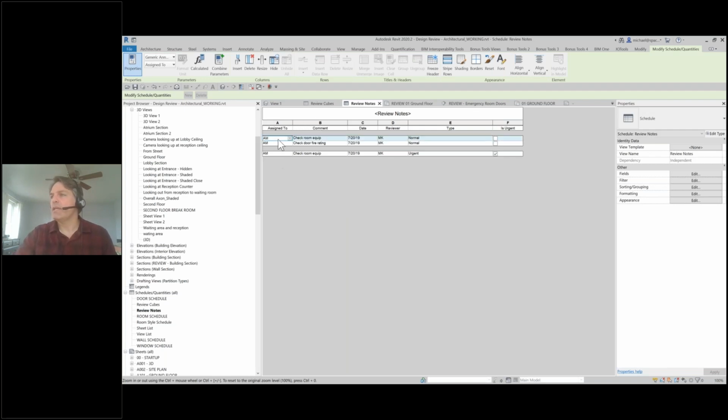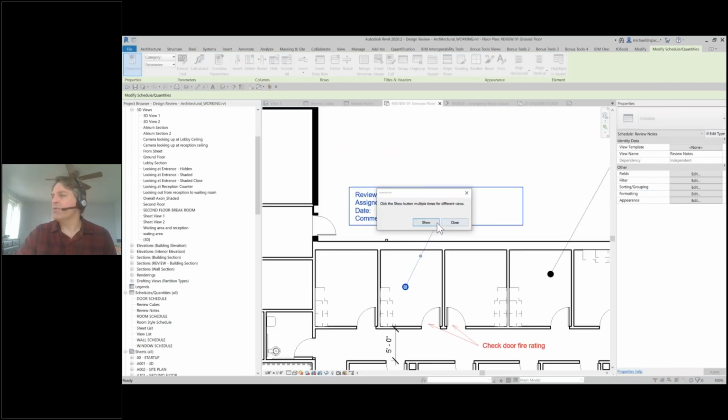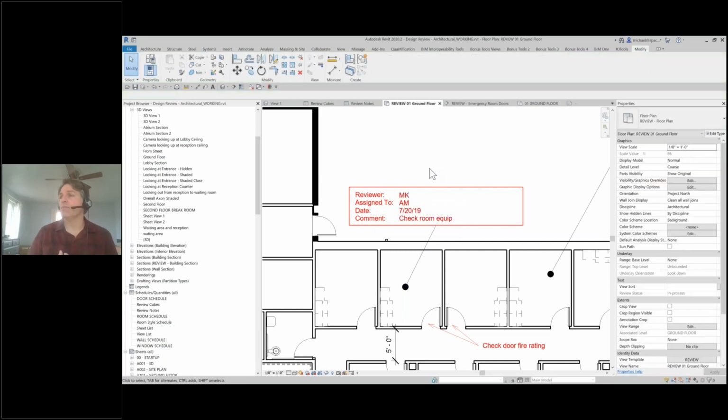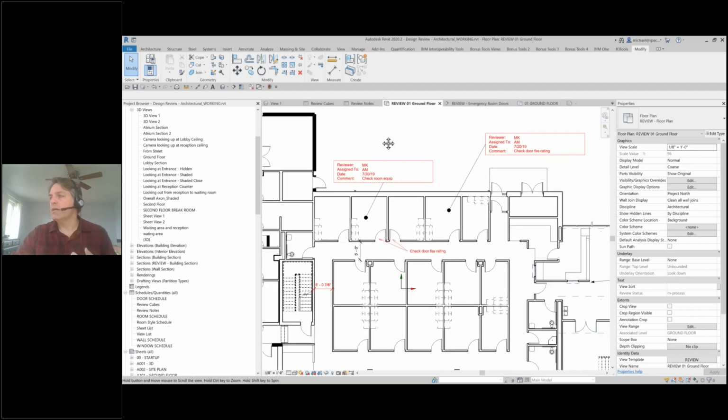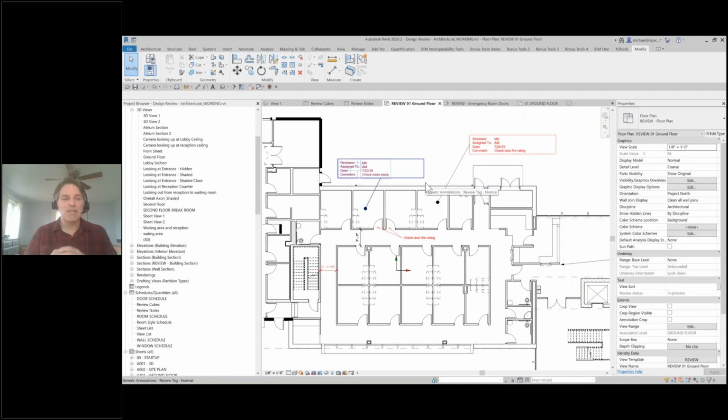Plus, I can also go in here when I'm in the schedule, I could click on highlight and model. So I can go to exactly where that particular note is. So if I want to go through and scrub my model and either remove these, or if I want to go through and just make sure they're on views that aren't going to be on sheets or anything like that, I could use that technique using the schedule to go back and forth between my note blocks, my review blocks, and then the overall look of it. So I really like this approach because it gives you a lot of flexibility, but it still keeps it together